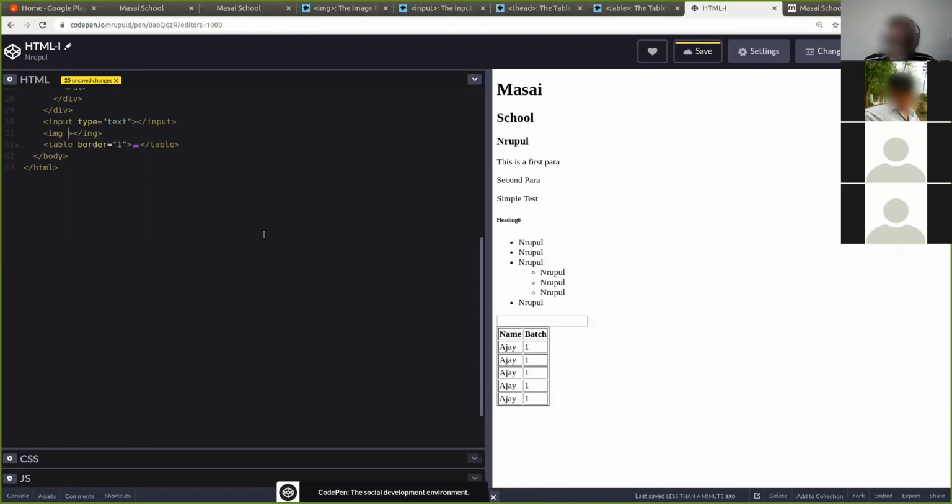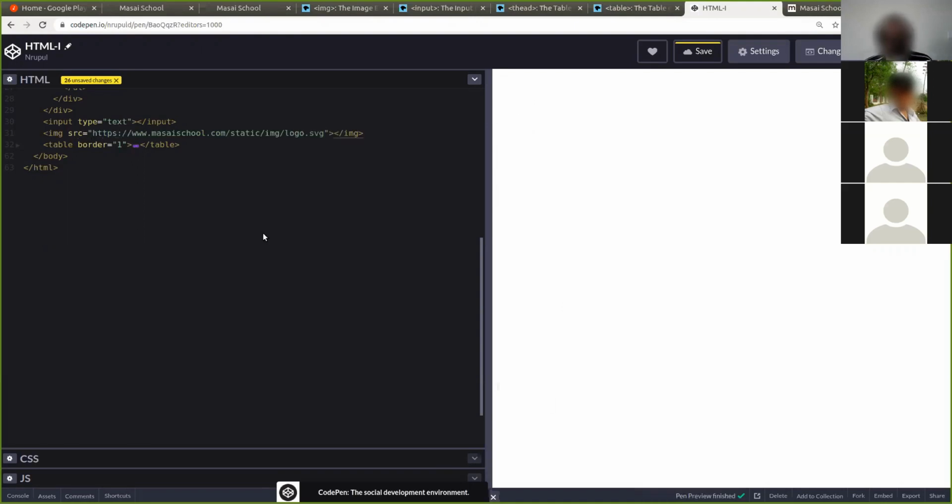So again, image. Now image has an attribute called source, where you give the link or the address for where the image should come from. So the attribute is source equal to, and in the quotations I'm putting